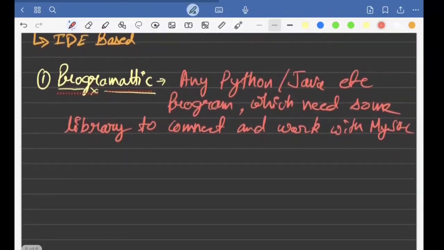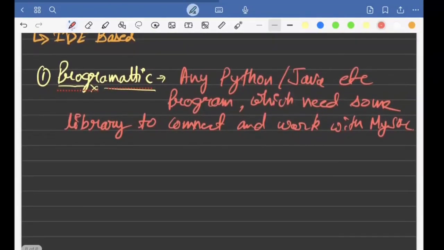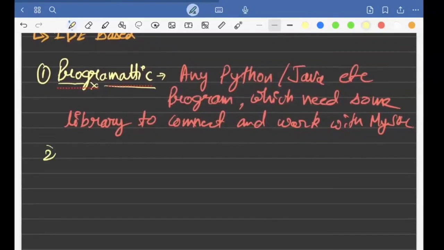Apart from that, the workbench kind of thing or some sort of UI based interface helps you to write these type of queries and execute them from there. But again, what you need to do, you need to make a connection with your MySQL or whatever database you have installed. First set up that connection, and then from that UI interface you will be able to run your queries. Okay, so